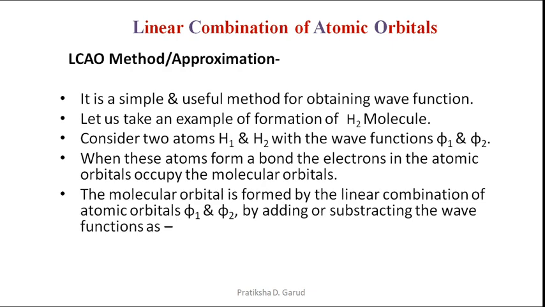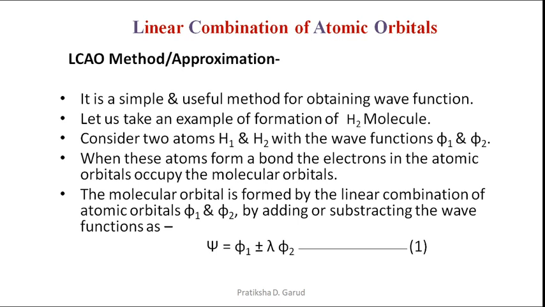The molecular orbital is formed by the linear combination of atomic orbitals phi1 and phi2, by adding or subtracting the wave functions. That means when these atomic orbitals overlap, they form the molecular orbital, which is simply formed by linear combination of atomic orbitals by either addition or subtraction. This is given by the equation psi is equal to phi1 plus or minus lambda phi2. This is equation 1,